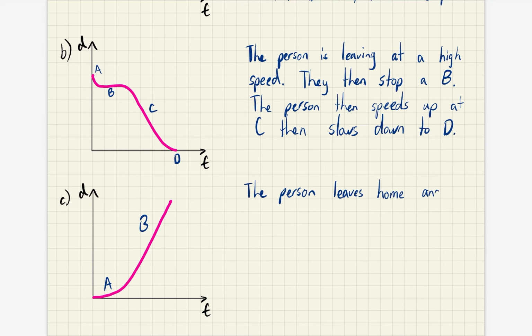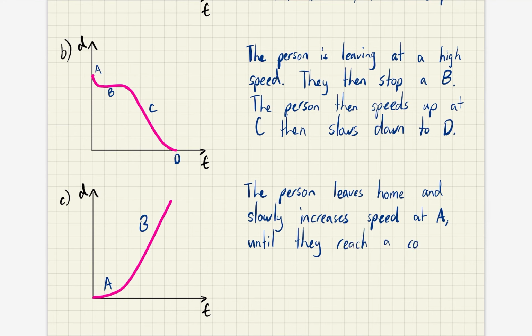Leaves home and slowly increases speed at A. You'll notice throughout these questions I don't always mention every letter, but the letters are more for us, and sometimes to direct the person, but it's not always essential. So they start off slowly increasing speed, until